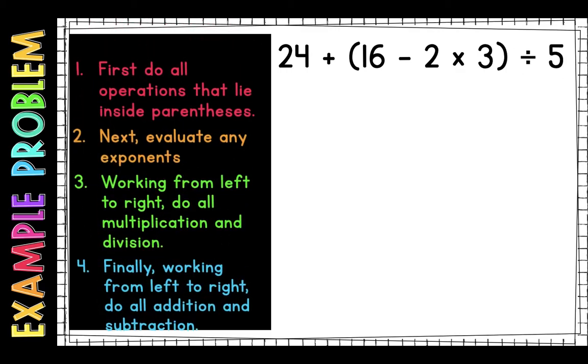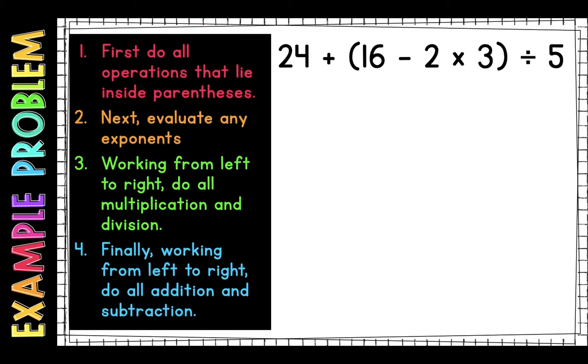This time, we're going to solve the expression 24 plus 16 minus 2 times 3 divided by 5. Now, I went ahead and put all the steps for the order of operations out for us because this time, we're going to still work in order, but we do go out of order a little bit, and I'll show you how. So again, we're going to start with anything inside the parentheses, which in this case is 16